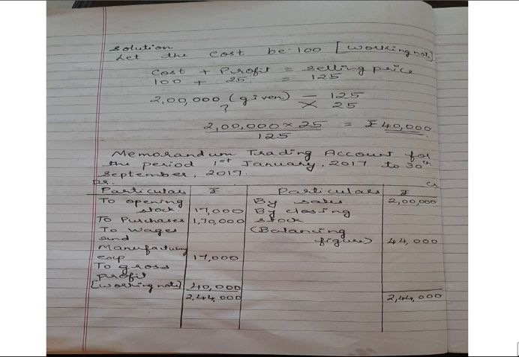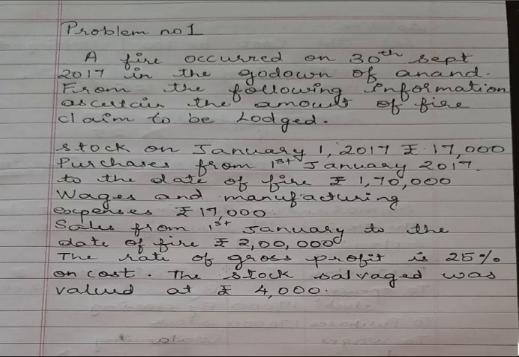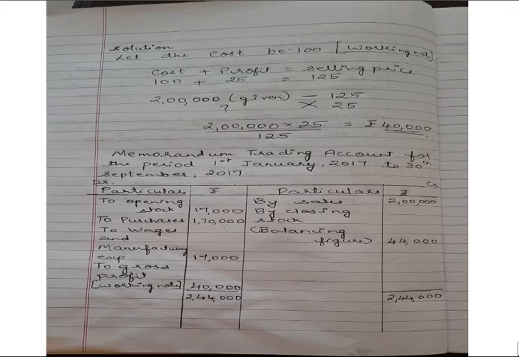Now we want to find the profit. We know the total selling price. If you go to the problem, what is the sales here? Sales is 2 lakh rupees. So the sales of 2 lakh rupees given in the problem is equal to 125. Why I am writing 125 is because the selling price is 125, as we have done in the working note: 100 plus 25, 125. Now 2 lakh is equal to 125. We want what is profit, that is 25. So when you cross multiply, 2 lakh into 25 divided by 125, you will get 40,000. So the profit is 40,000.